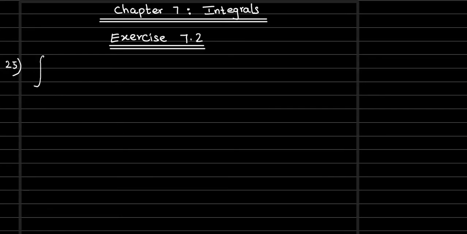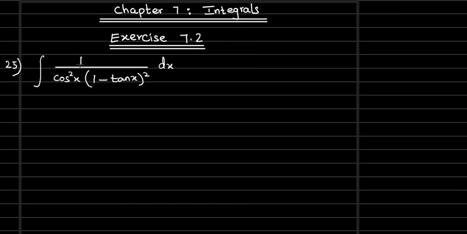So the given integral is 1 by cos square x into 1 minus tan x whole square dx. So this is the given function. First thing we need to check is whether it is in the standard form. It is not in the standard form, so directly we can't proceed with the integration. We need to do something here, whether simplification or some formula substitution. So what simplification can we proceed with?